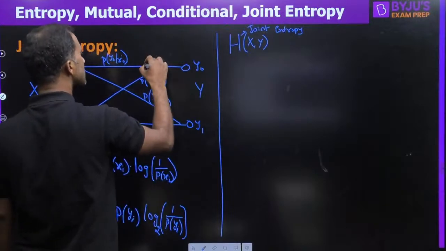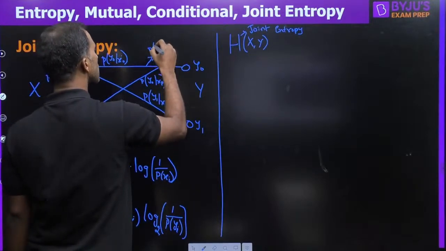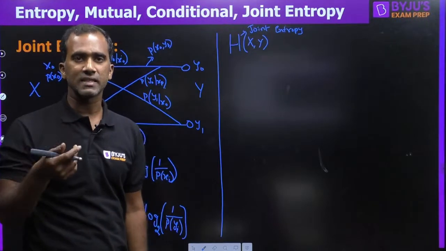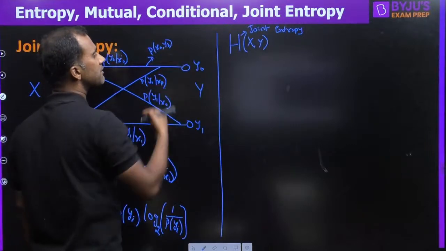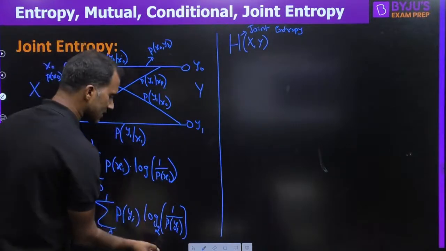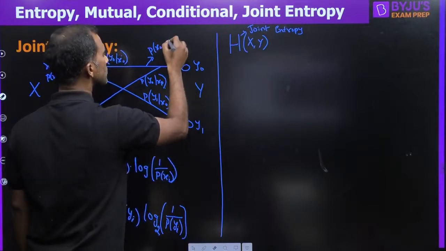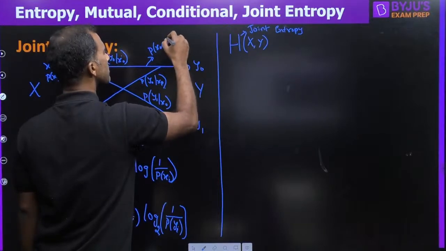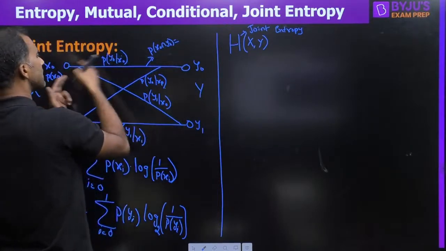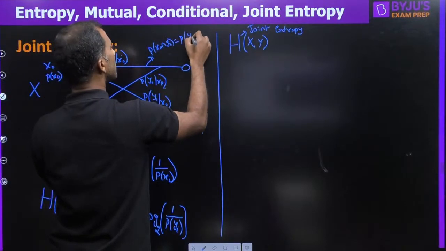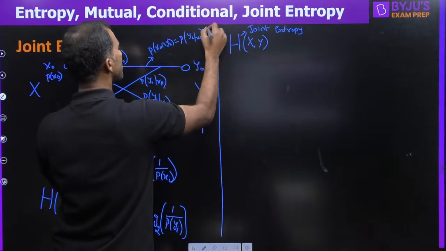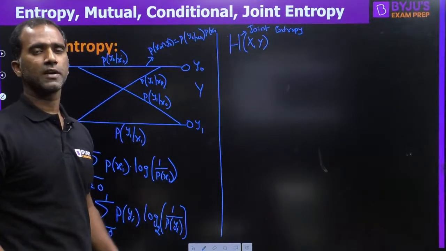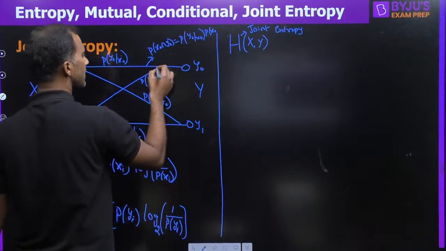How many joint probabilities are there? See this one. We get P of x0, y0. When somebody writes a comma between the symbols, comma means intersection probability. Comma or intersection, both are the same. Here also there's a comma, which means intersection. You can say P of x0 intersection y0. How do we get this? By multiplying these two probabilities: P of y0 given x0 into P of x0. Similarly, earlier to solve all the problems, we used to find intersection probabilities of each line, right? The same way here also.